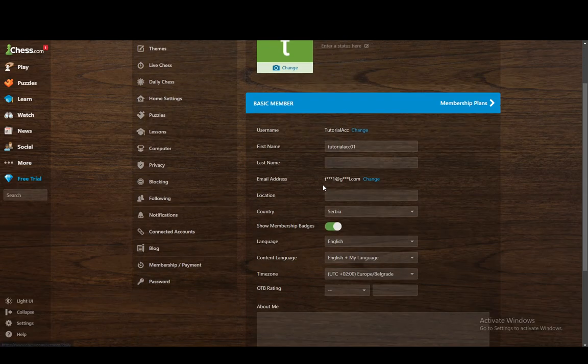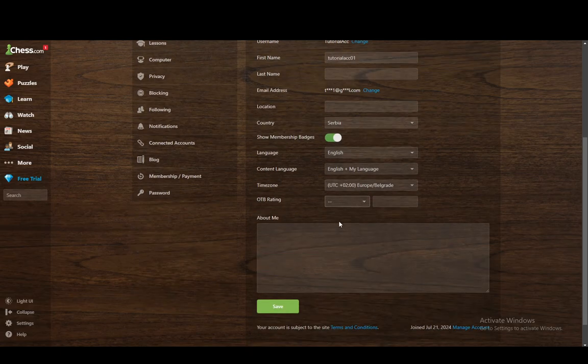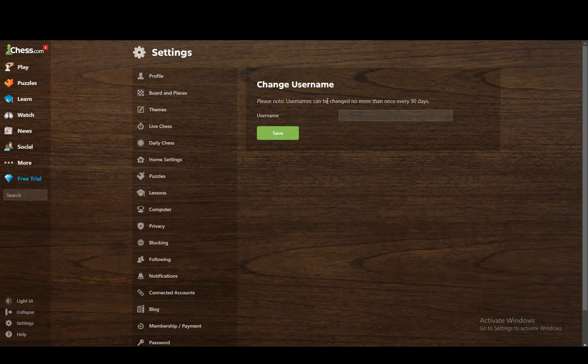Now, once you're here, as you can see, you have all your account settings here. You can set up your first name, last name, everything that you need regarding your account, and you have your username here, which you can just click to change. Once you click on change, you can change it only once every 90 days. So all you have to do from here is just locate your username, well, change tab, and here you need